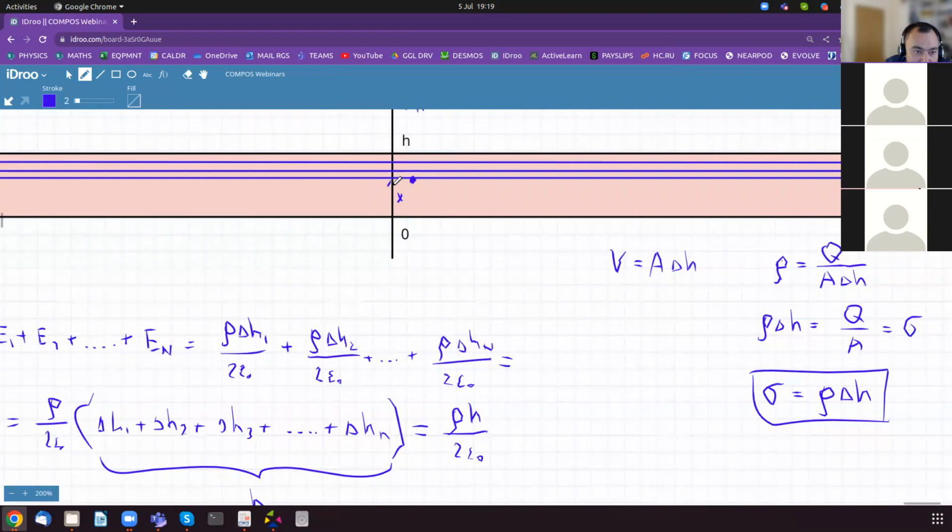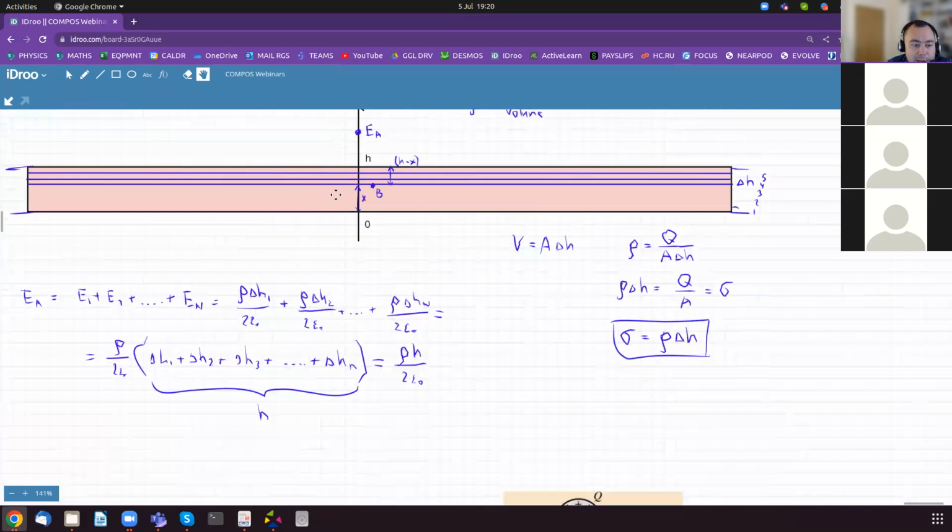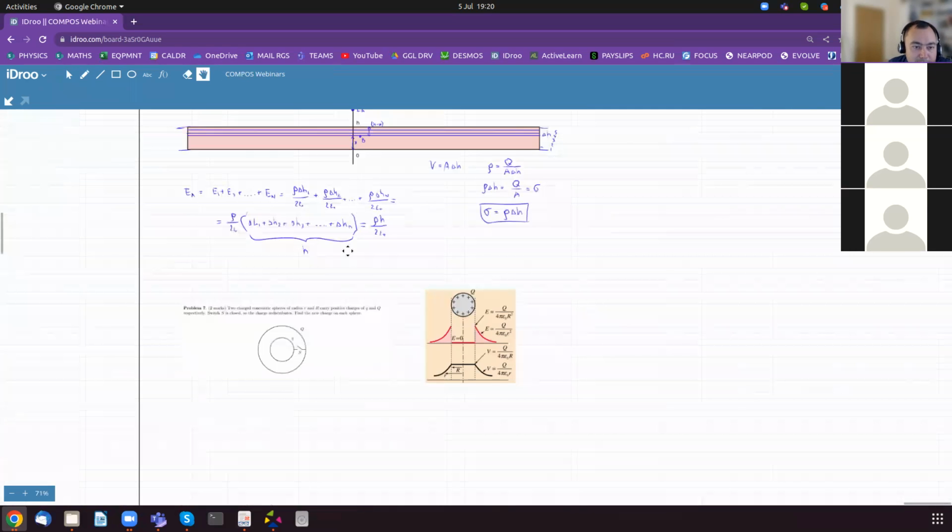So let's say this is X. There's a slab below me with thickness X, and there's a slab above me with thickness H minus X. So the electric field at point B